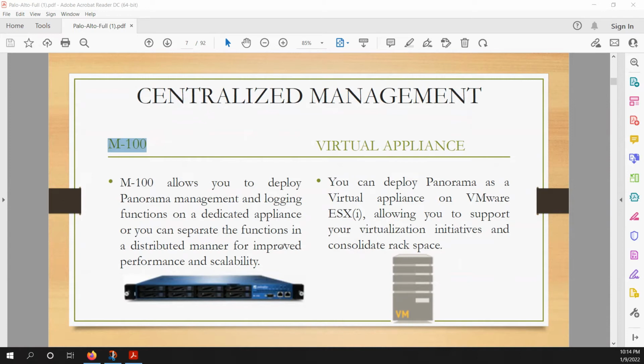For example, let's say you have different firewalls in different locations. You have one gateway over here, one over here, and one over here. So now you have 3 gateways in different locations. Let's say this is in the US, this is in India, and this is in the UK.